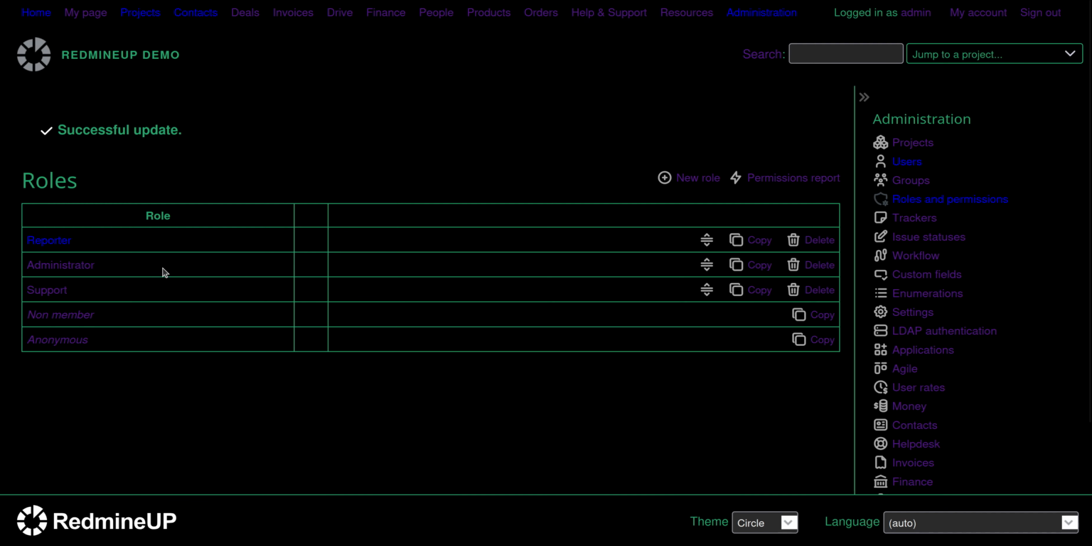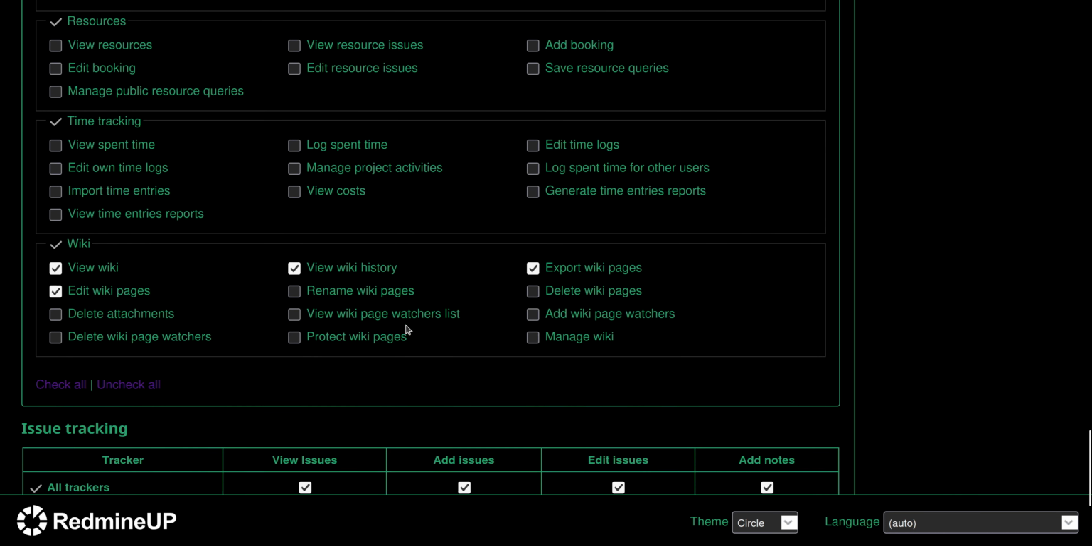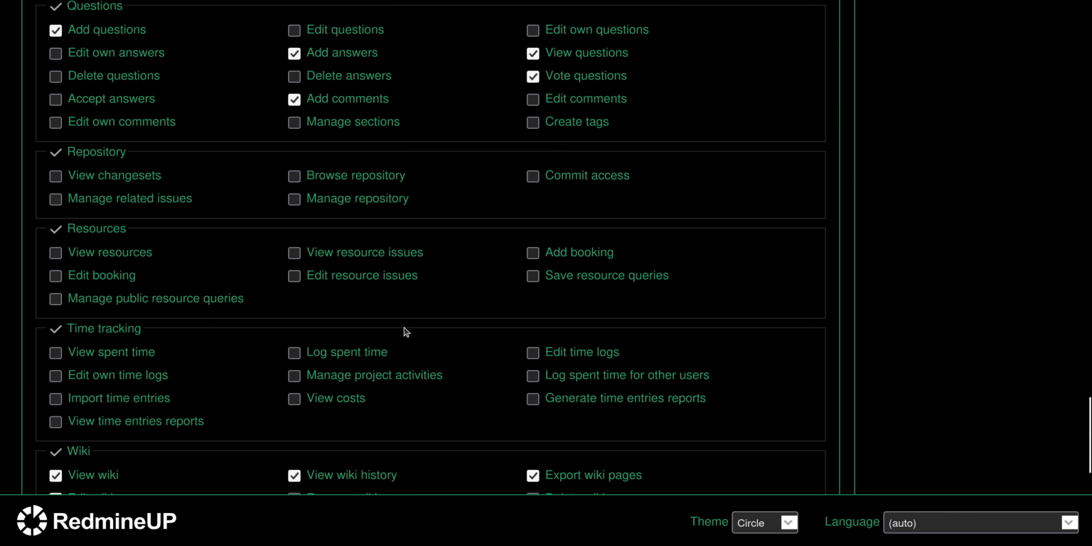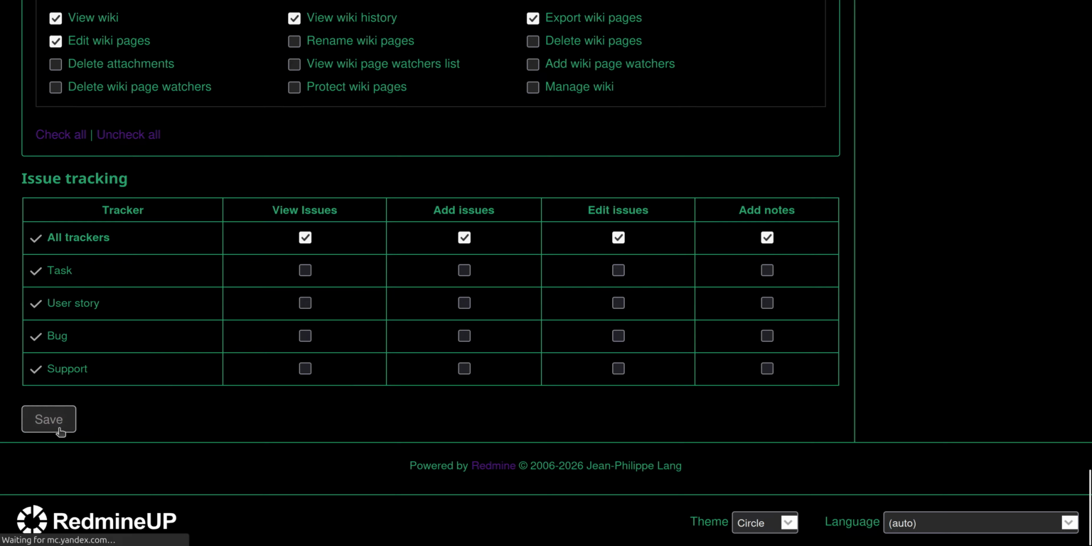Okay, so another thing that I wanted to show you is about the orders. So here the things are very similar. We click on view orders and view order list. So here they are separated, so you have to enable both things to view the orders. Okay, so we save now,